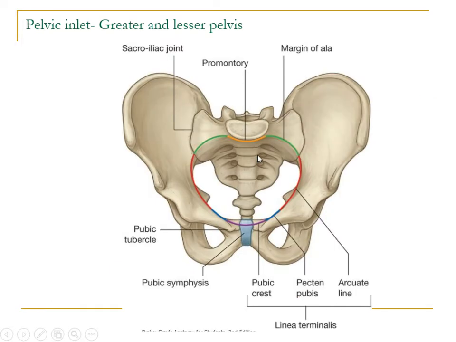Now let's talk about the boundary of the pelvic cavity. We finished talking about the boundaries of the pelvic inlet and the pelvic outlet. The pelvic cavity is bounded posteriorly by the sacrum and the coccyx, anteriorly by the posterior surface of the pubic symphysis. On the lateral side, it is bounded by the pelvic surface of the ilium and the ischium, and posterolaterally by the sacrospinous ligament and the sacrotuberous ligament. So these are the anatomical landmarks which bound the pelvic cavity.